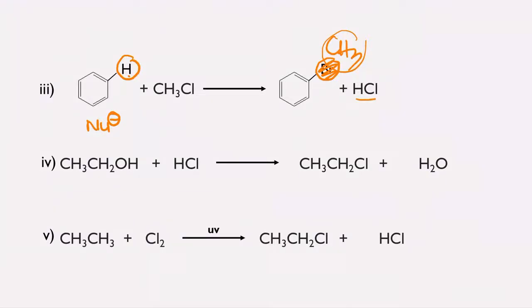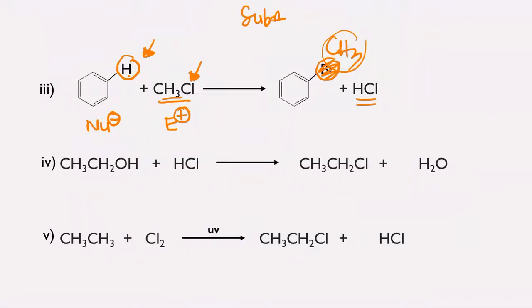Lepas tu here you have HCl. Mana datangnya? Datang daripada ni lah, H dari sini dan then Cl yang ni. Okay, betul? So, that means this acts as your apa ni? Electrophile lah. Okay, CH3 tu awak punya electrophile lah. Okay, so what type of reaction is this? Benzene takkan undergo addition reaction. You need a lot of energy and a lot of heat in order to do that. So it is a